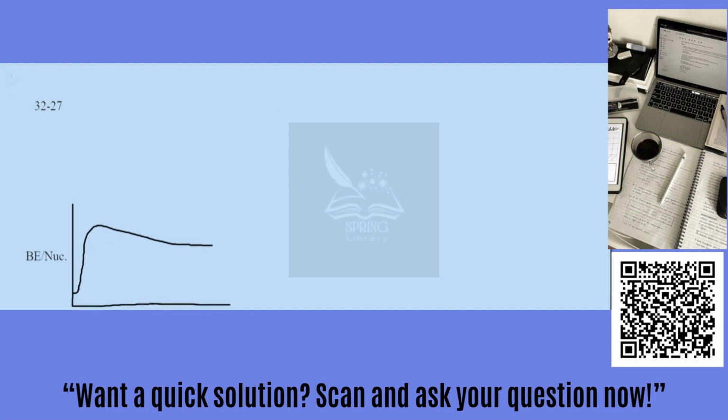So I drew out kind of here what figure 32.8 is showing. It shows, for a given nucleon number on our x-axis, the binding energy per nucleon on the y-axis. So the scenario we're presented is that we have this atom of plutonium-239,